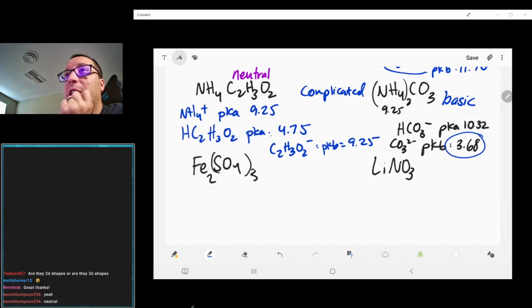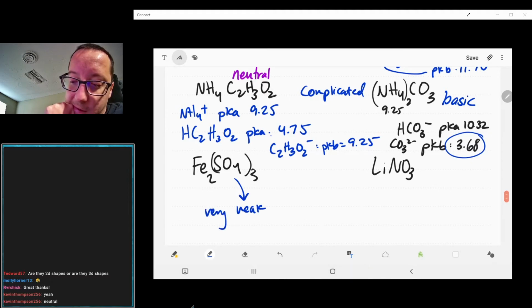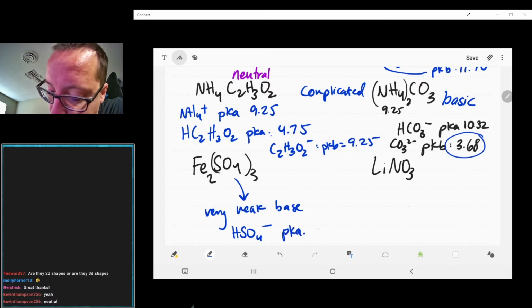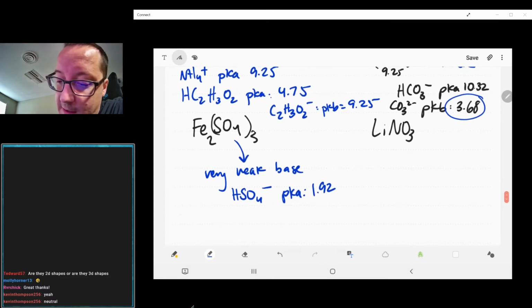Alrighty, we've got some tricky ones. So if we look at sulfate, that's a very weak base. Technically, it's not negligible because this guy is not a strong acid. This one is going to have a pKa of 1.92. And so the pKb of sulfate will be